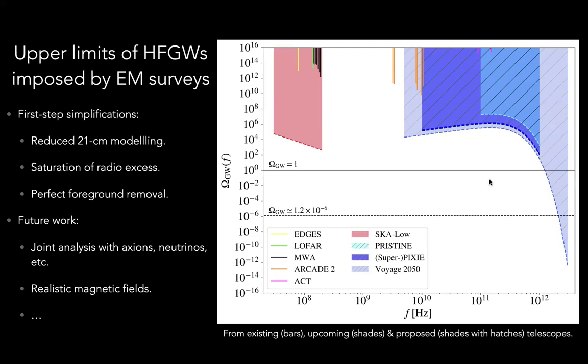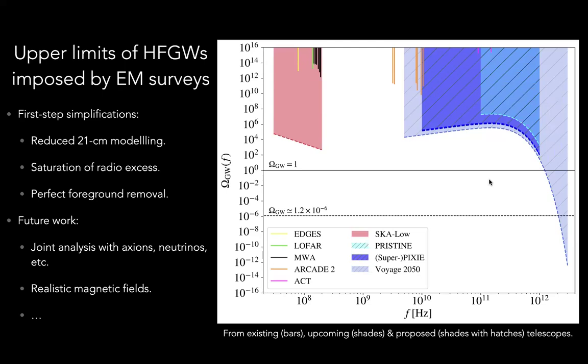So the existing measurements are not enough under our simplified assumptions, and we did a forecast on the SKA's capability to improve this upper limit, as well as some proposed CMB measurements at different frequency scales. These are indicated by the shaded areas in the respective frequency ranges, and all of these are much better. The existing constraint can be much more tightly improved thanks to these upcoming measurements of the sky following the same procedure. These still follow essentially the same simplified assumptions, so you can imagine they can be tightened even further.